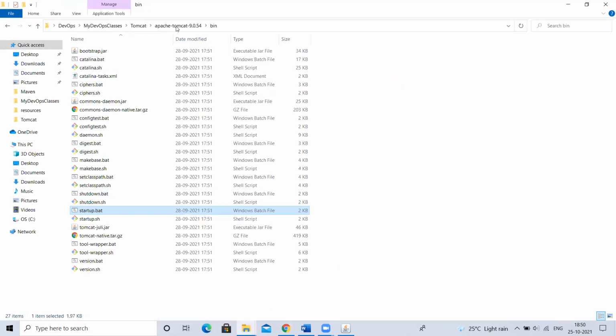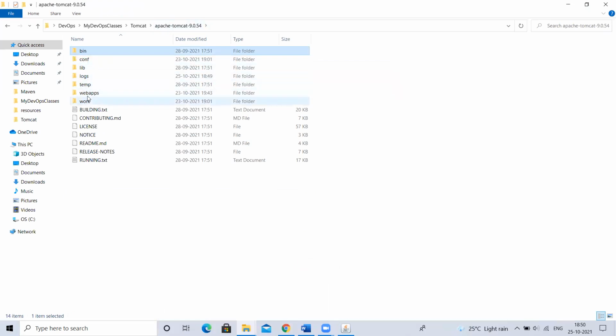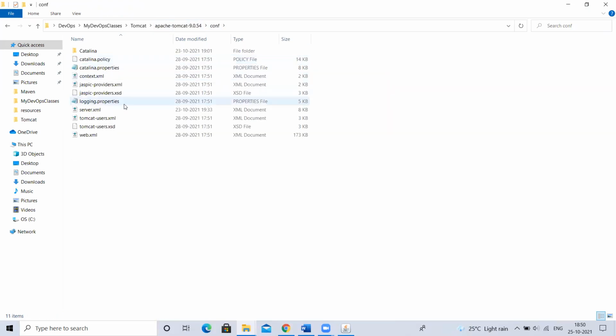inside your conf directory, we have server.xml, right? Same like that, there is one more file called tomcat-users.xml, not XSD. It is XML. Don't try to modify the XSD and come back saying, sir, I'm not seeing this. I'm saying it now itself, right? Remember this. The tomcat-users.xml file, you open this.